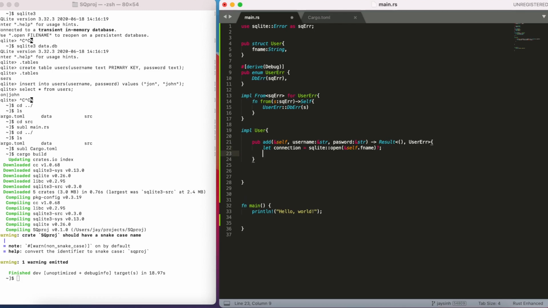If that's successful, we're going to create a mutable reference to the database. So we'll just say db equals connection dot prepare, and we're going to type in the query that we typed earlier: insert into users, which we defined as username and password, and for values